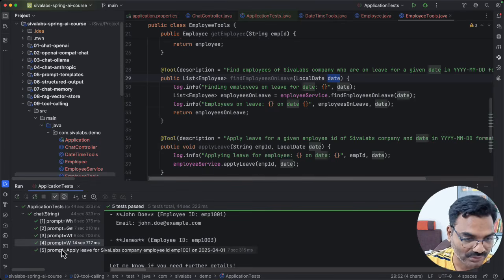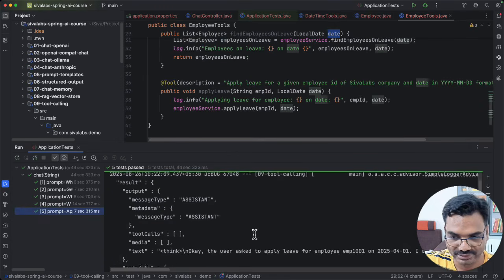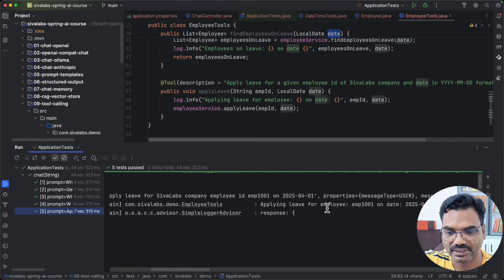And also the last one is apply leave for a SivaLabs company employee for so-and-so date and so-and-so employee ID. Again, it called this method. Here you can see employee tools applying leave for the employee on the given date. So basically,